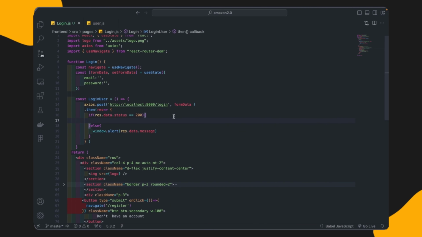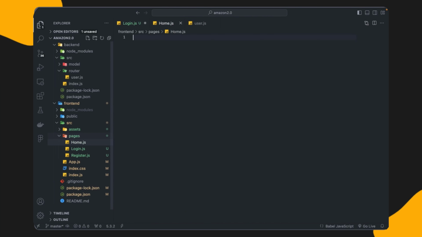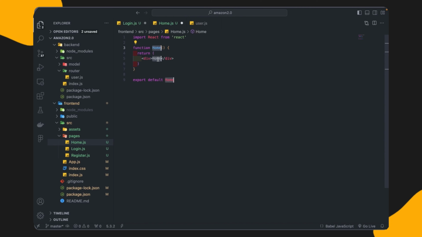And in the if condition, if the login is correct, then we need to create a page that is our product page, or we can just give it the name home.js, like home page. So we will create the home page right now. In the home.js, I will write a simple function. The design of the home page we will create in the next video, but for now I'm just creating